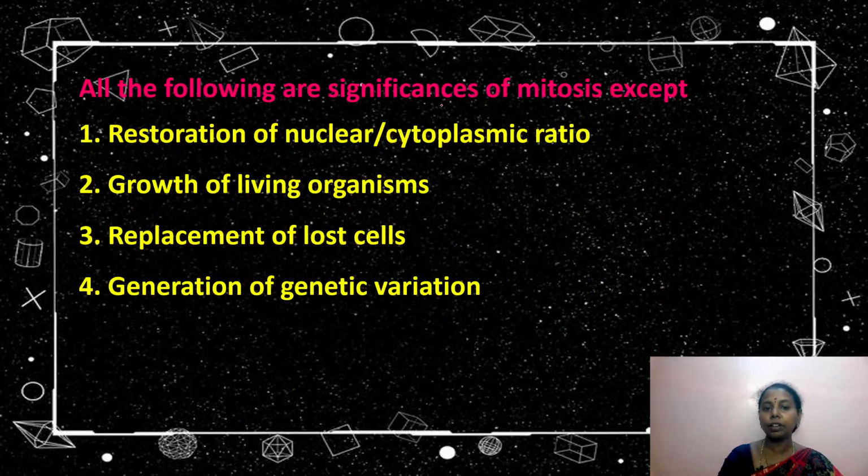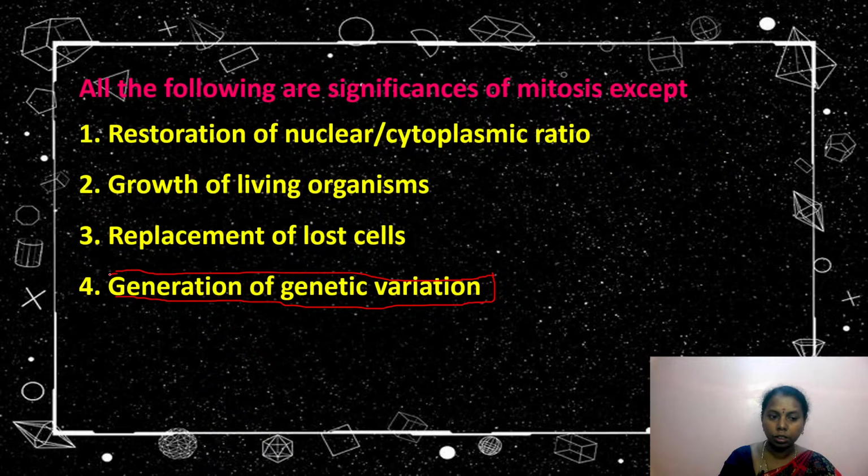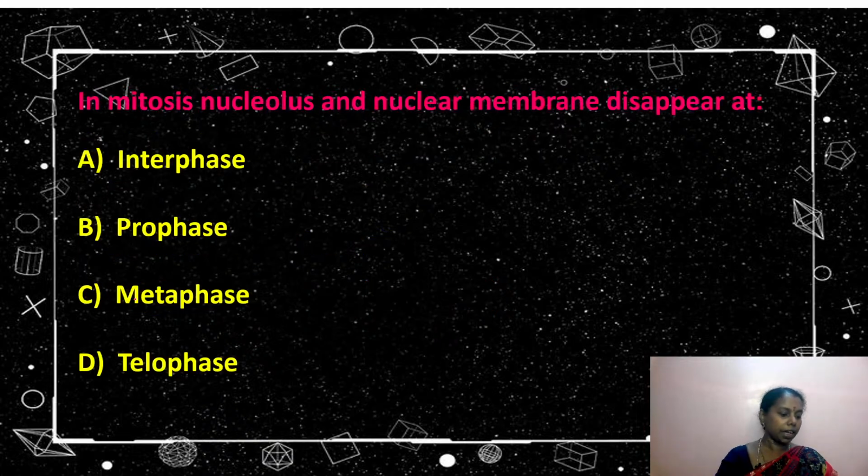Yes, all the following are significances of mitosis except, excellent answer Vaishnavi and Kalpana. Yes, Jeevan also. Yes, Vivek and Jeevan. Yes, there is no variation because, as you know, only in meiosis will we get variation because of crossing over. Here there is no crossing over in mitosis, so there won't be any variation. Excellent answer, Lakshita, Arvind Shah, and Tarunika, Jeevan, Vivek.